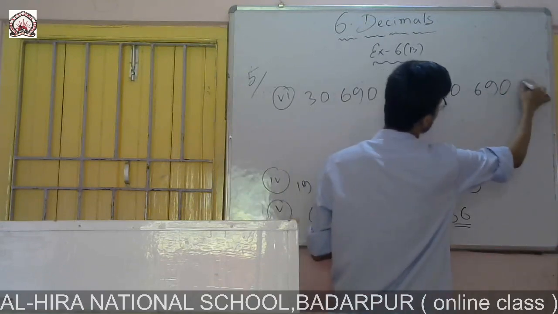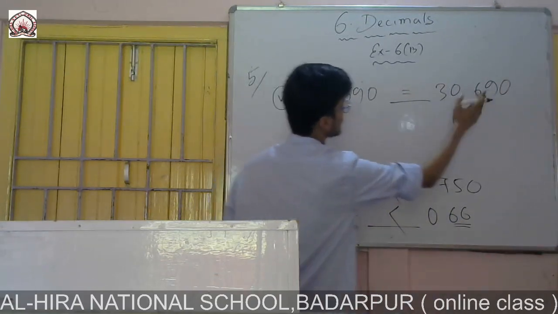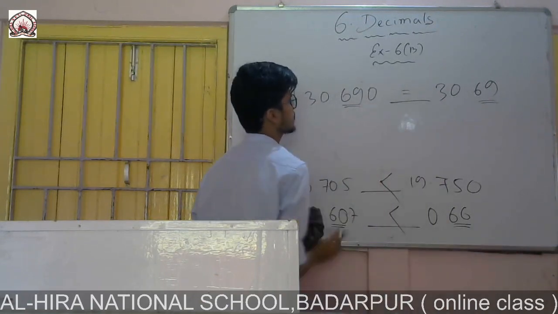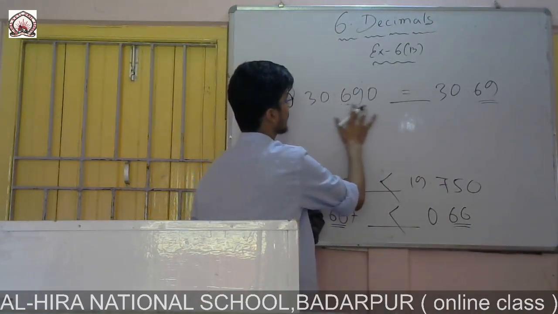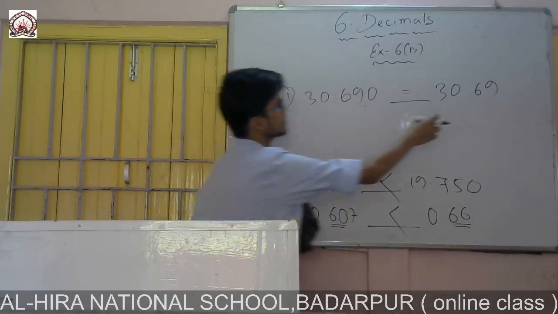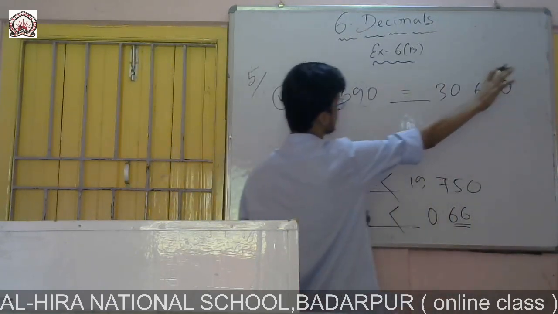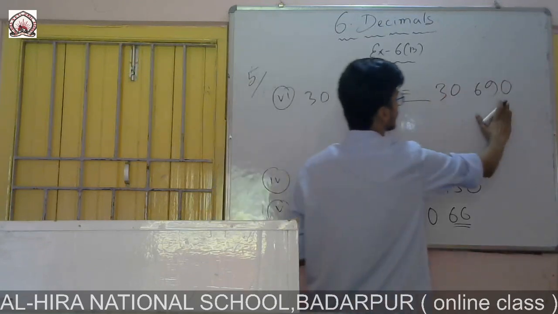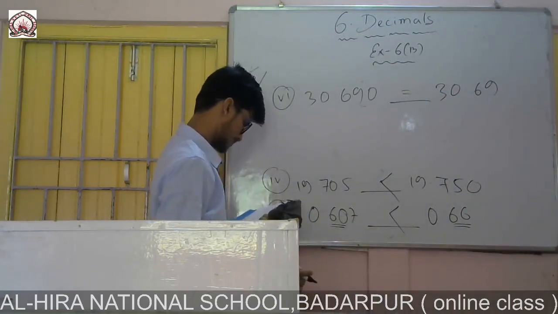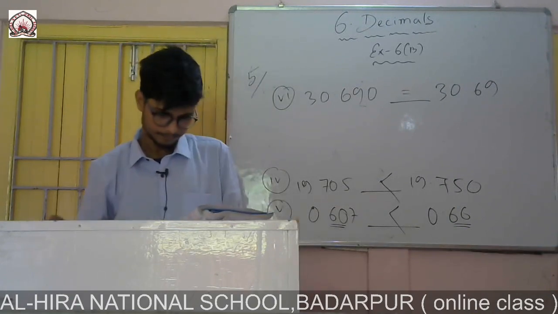69, there also I can put 0 if needed. You see 690, 690. So you simply take 2 places. There it is 69, there also it is 69. So both of them are equal. If you put 1 0 there, then also you can directly see that both of them are equal and it is valueless. Okay, so the rest you do.